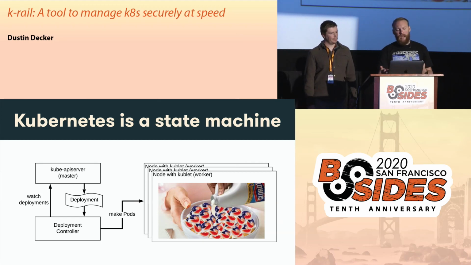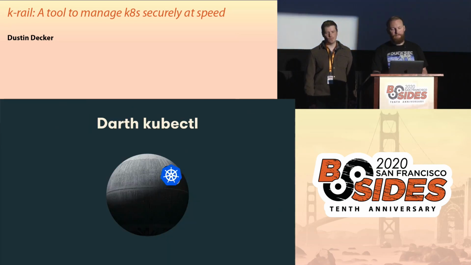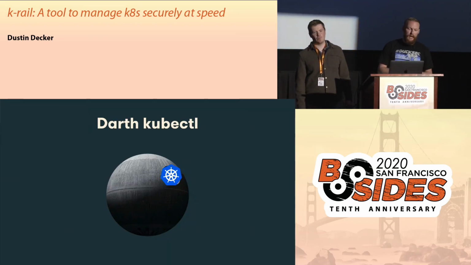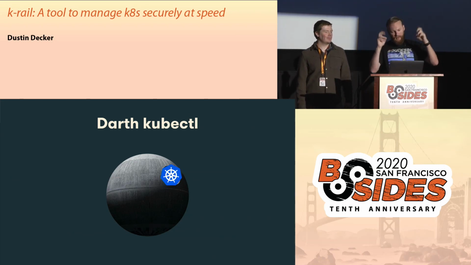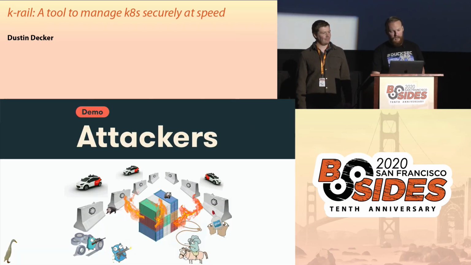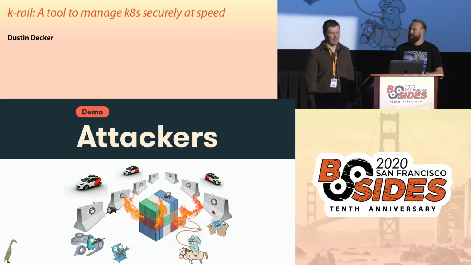So with Kubernetes, we have this powerful tool that provides planet-scale capabilities. However, it's very complex, and tiny misconfigurations can sometimes lead to critical vulnerabilities. So really, Kubernetes is the Death Star. In this talk, we hope to demonstrate how a talented pilot can fire proton torpedoes down some of the common exhaust ports, and then also show you a tool to prevent this. Over to Dustin. Thank you, Sam.